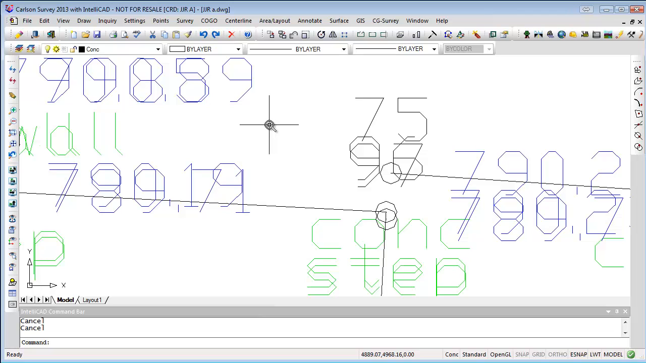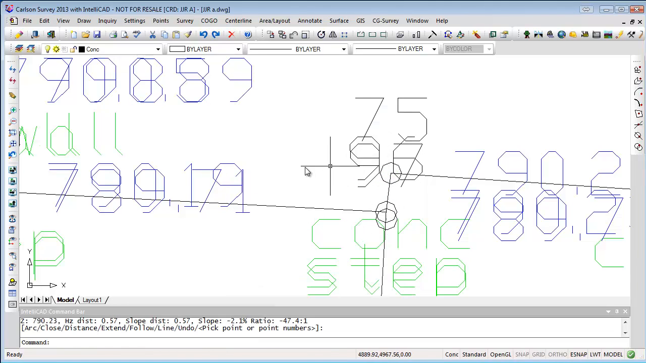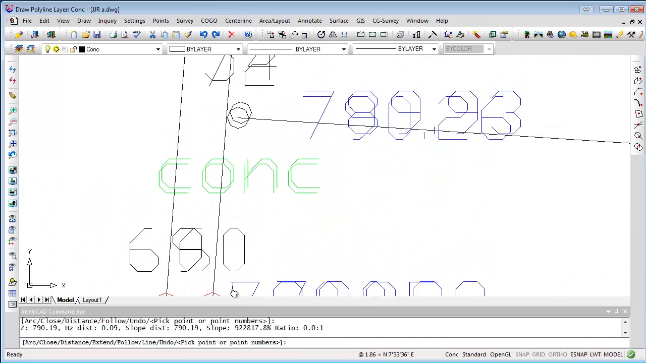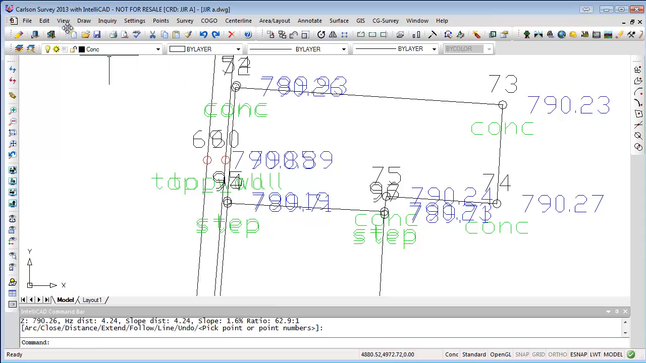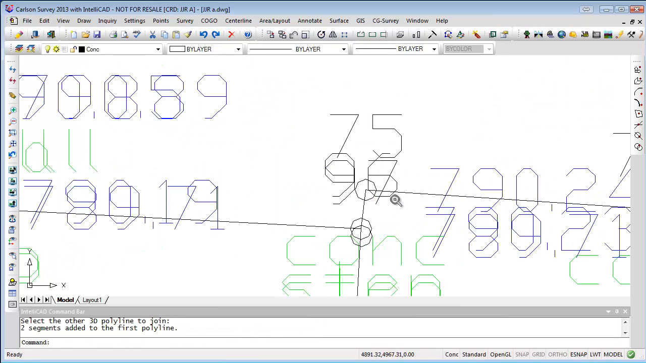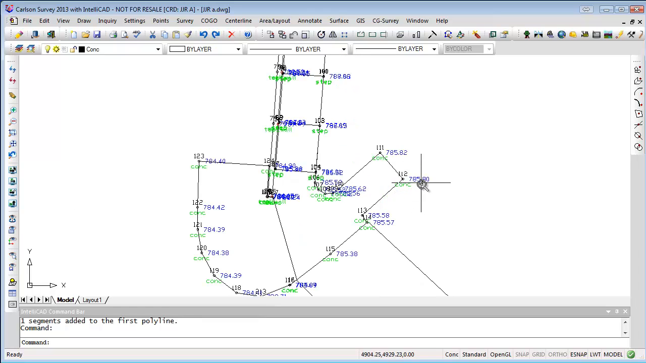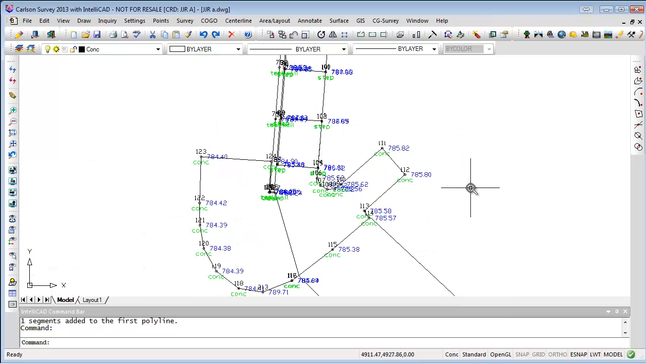I can go ahead and draw a 3D polyline from here to here, and do another one from here to here to here. And I should close that all up, and I can join those up. Join 3D polyline. Let's join this one and this one, and then do it again and join this one and this one. So now we have concrete going around like that. Okay, it looks like it connected the concrete to steps down through here, and that's why we don't have it. It's not quite right, but